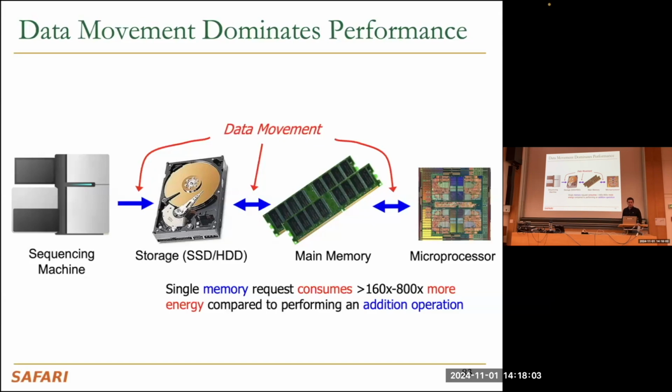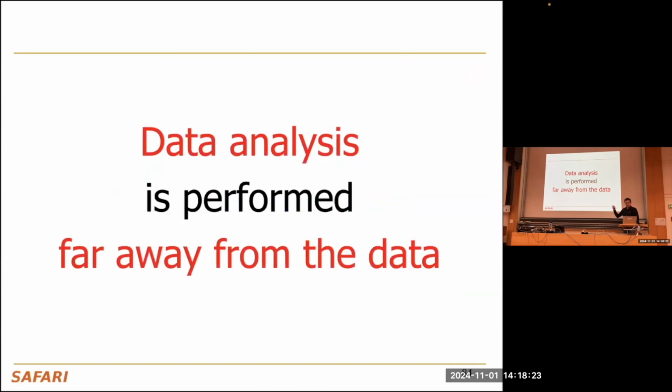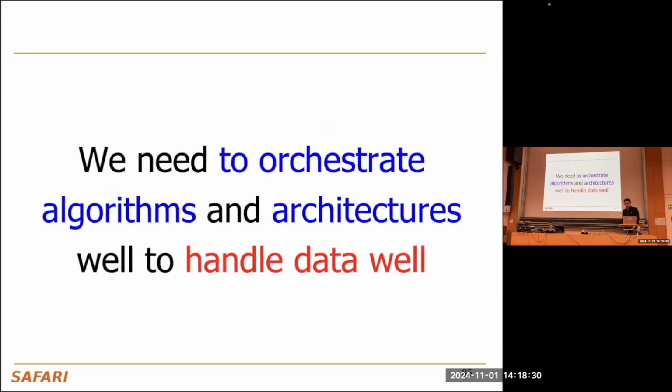And probably as you've seen this slide before, the cost of data movement is much higher than doing simple operations in terms of the energy and the latency. So this means that there's a huge latency and energy waste that is caused by this data movement. And one big reason is because the data analysis is performed far away from the data. And to solve this, we need to orchestrate algorithms and the architecture well so that we can handle the data